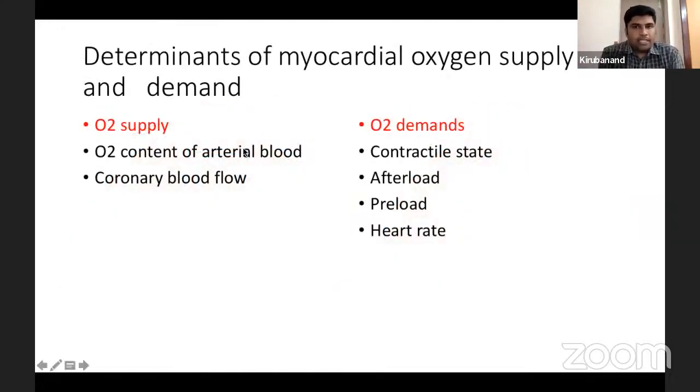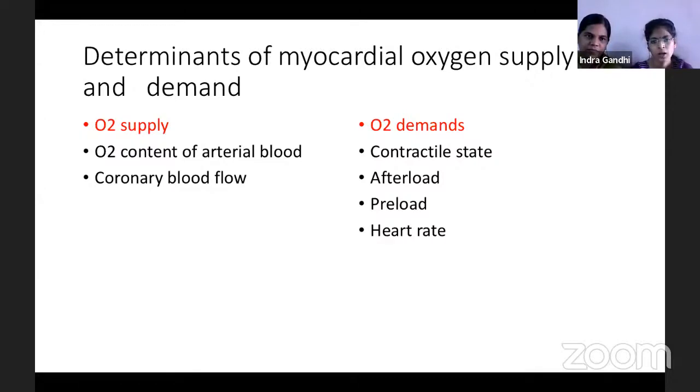So can you explain the various determinants of O2 supply and O2 demand? Oxygen supply is by arterial oxygen content, sir, and it predominantly involves hemoglobin and the coronary blood flow, sir. And oxygen demand is predominantly by the contractile state of the myocardium, heart rate and wall tension, sir. Okay, so you have written terms like afterload and preload. May I know what that is? Preload is the amount of blood that is present in the left ventricle at the end of diastole, sir. So, afterload is